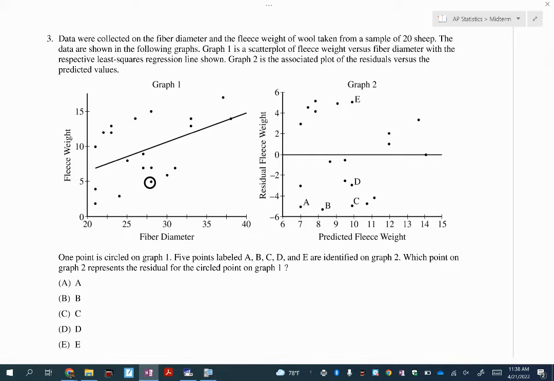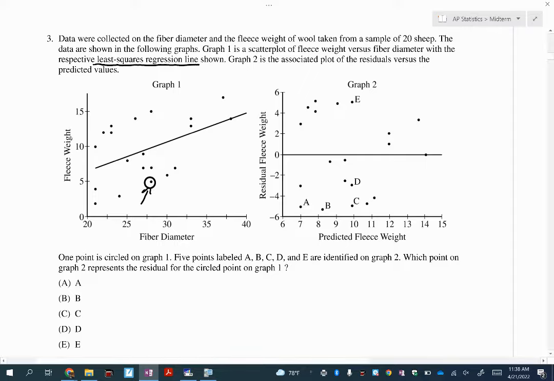So first semester. Okay. So we have this right here with all these little dots that are scattered about. So what's it called? It's a scatter plot. Very good. Definitely not a cloud, right? They're saying that there is a linear relationship. Do you see this line right here? This is the linear regression model. Another word for it they have up there is the least squares regression line. So right here, the least squares regression line. Just means the same thing. The linear model. Okay? And they're wanting us to focus